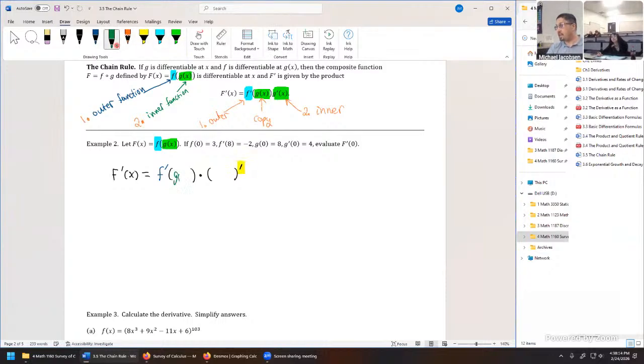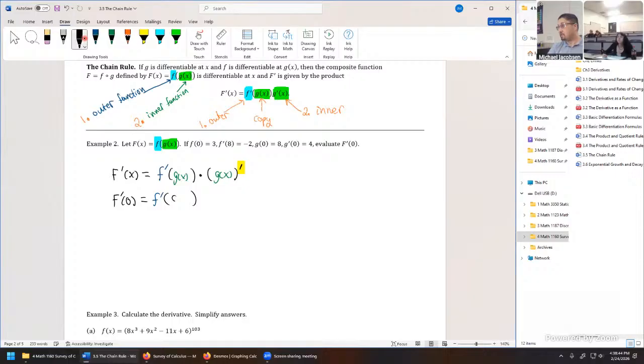Let me plug g of x back in. So I didn't do much but copy down the formula in slightly different notation. The prime is in a slightly different spot. But now that we have f prime at x, we can evaluate the derivative of f at 0, or f prime at 0. So let's go, f prime at 0 equals. All we're doing is making a swap for variable x, plug in 0 everywhere it occurred. So this will be f prime